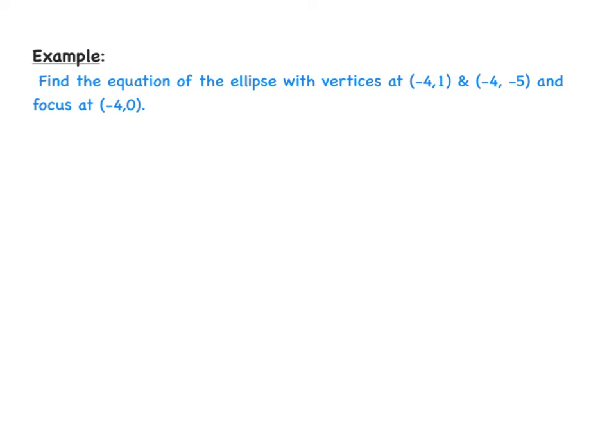In this example, we're going to find the equation of the ellipse with vertices given at -4, 1 and -4, -5, and one of the focus points is at -4, 0. So, of course, the first thing to remember is that the standard form